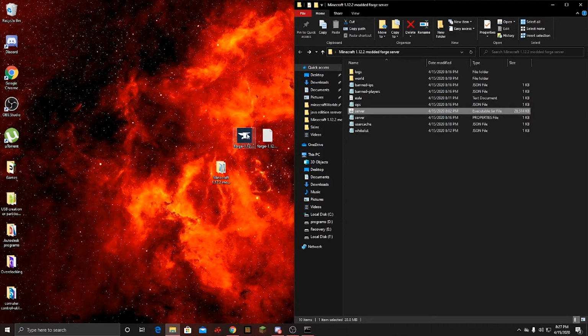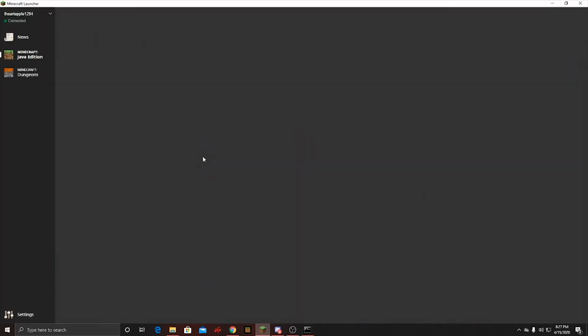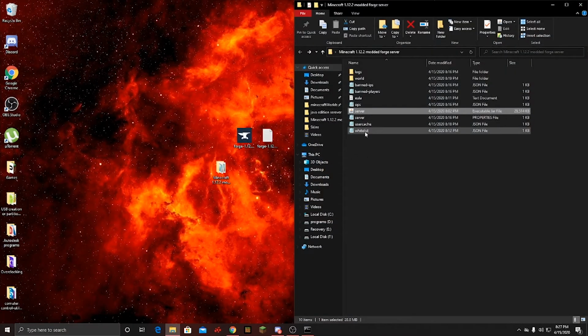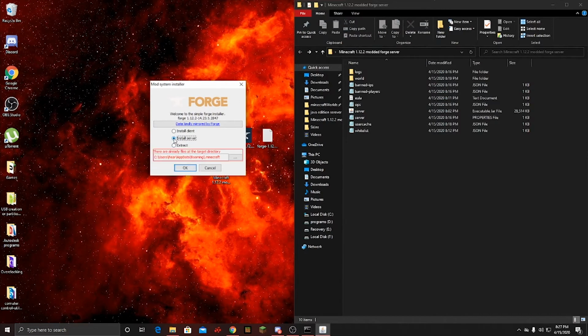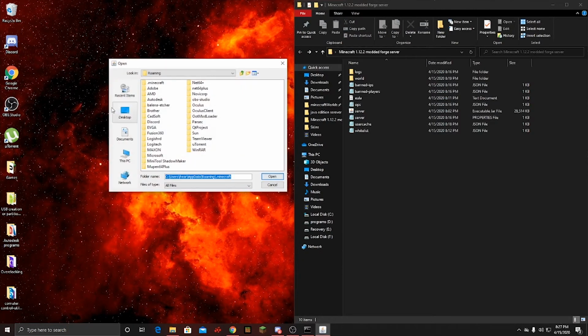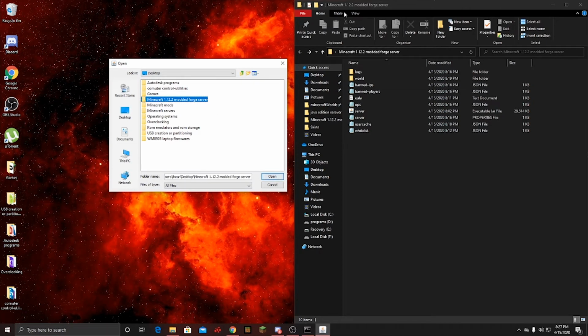Now that we've installed Minecraft Forge to your Minecraft, the actual game, now we will install it to the server. So once again, double click on the Forge launcher, install server, and then navigate to the folder that you have your server located in. So mine's on this PC, desktop, and it's going to be Minecraft 1.12.2 modded Forge server, which is right here. That's where my server is. So you're going to open,